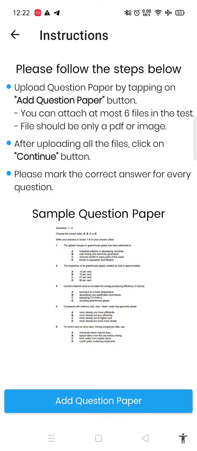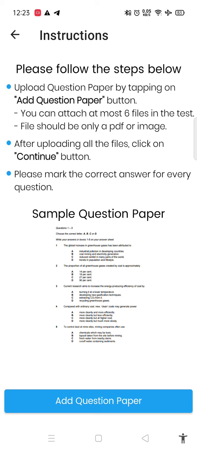Please note, if you use Teachmeet on the web version, on the Google Chrome browser on any PC or laptop, you will get another functionality in the test section: you can write the questions there. You can write all the options there if you are conducting any kind of MCQ test. In the mobile application we do not have this facility.